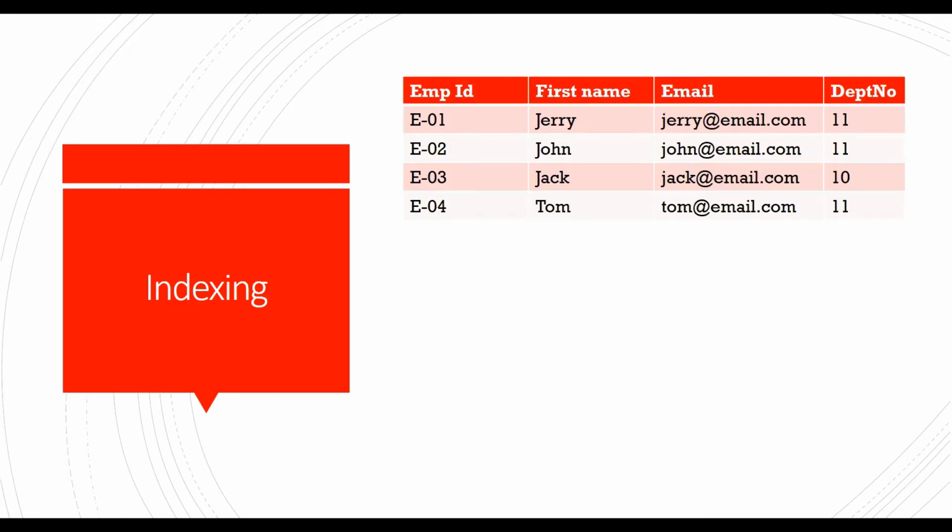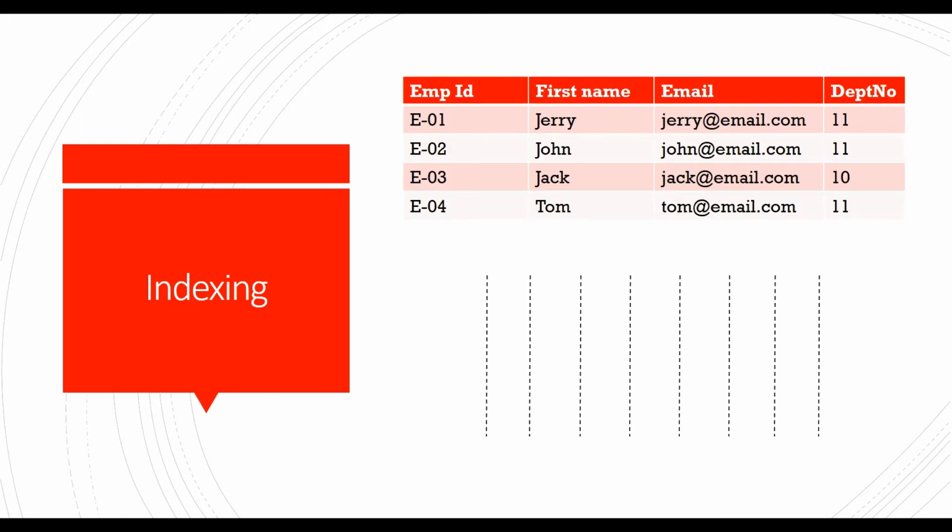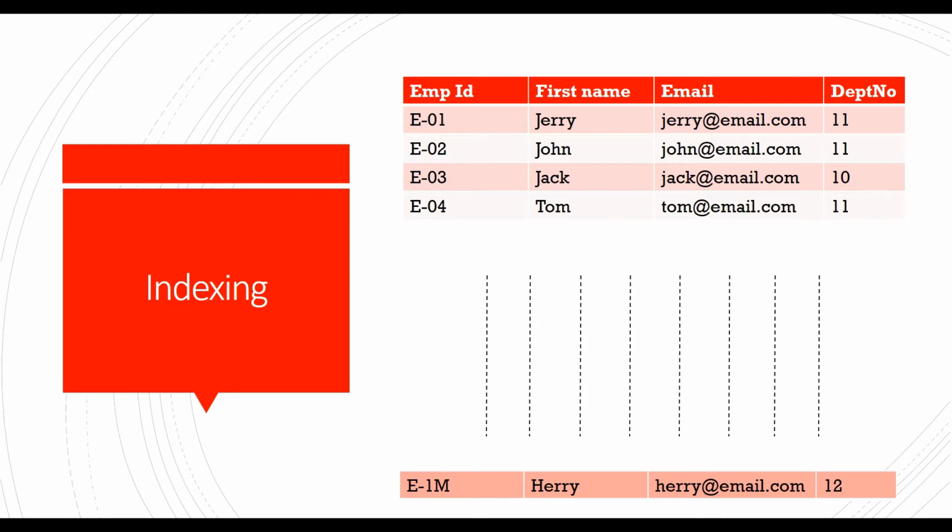Now in this video I am going to discuss indexing in data frame and how we can set, reset and use an index. Instead of jumping to a formal definition of indexing, I want to explain it using an example. Suppose I have a table containing data related to around 1 million employees and I want to get information related to a single employee. There are multiple ways to do this. One way is to search the entire data set, but this will consume a lot of time and it is not an efficient way.